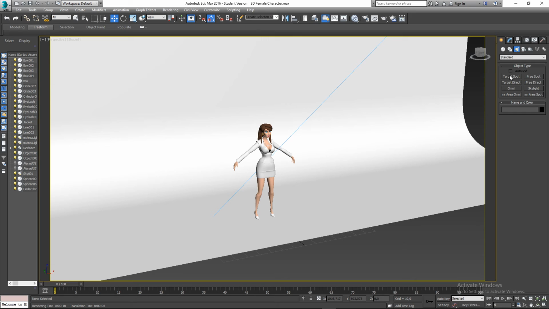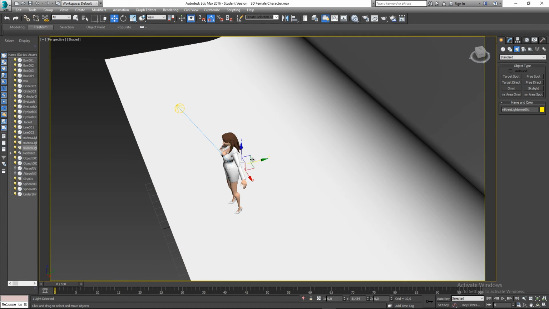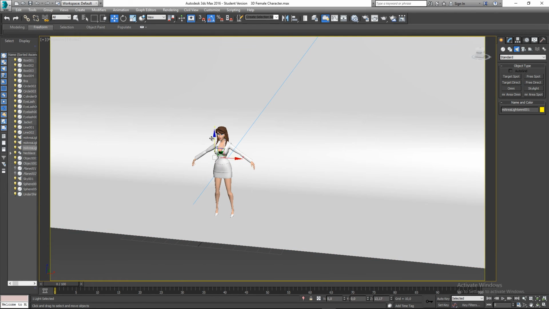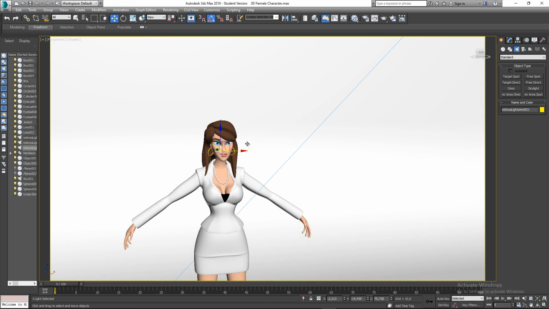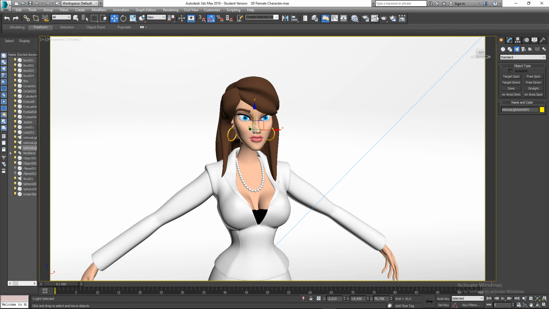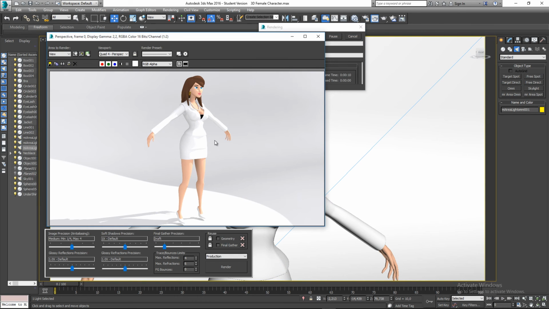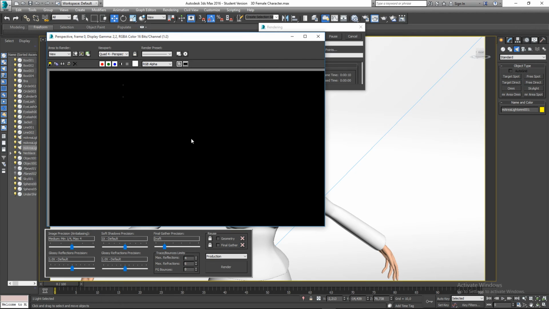So if you want to use a spotlight, rather use the mental ray area spotlight. And if you want to use an Omni, it is basically like a globe. Okay, so you can put that, for example, over here. I'll put that right in front of her face to show you what that looks like. I'll render that out. Okay, so there's going to be quite a lot of light in her face now,